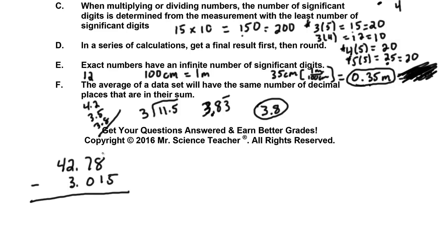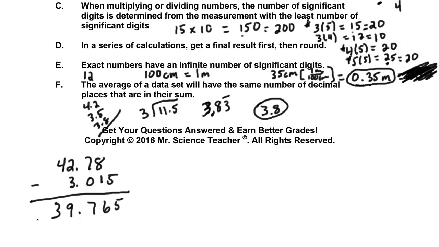This would be a 7, and this 10 here minus 5 would be a 5, and 7 minus 1 is a 6, and 7, and then we have a decimal point, 12 minus 3, and that gives us our 9, and then we bring our 3 down. And so this is our mathematical number. This 42.78 minus this 3.015 mathematically gives us this